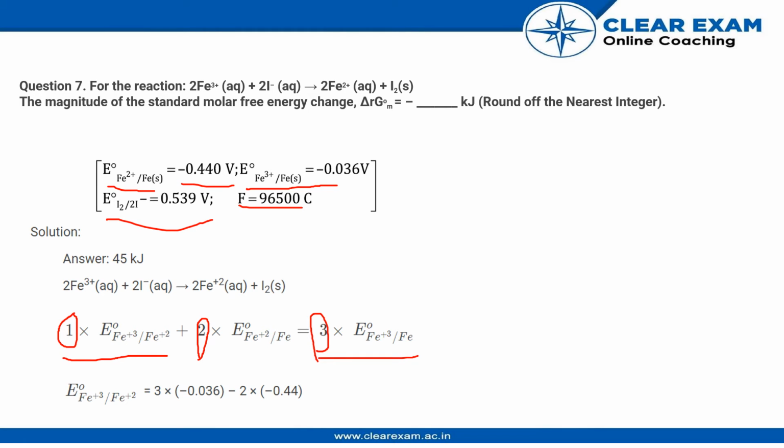And if you see, one electron, that is Fe3+ to Fe2+, and Fe2+ to Fe, if we add these two equations, Fe2+ will get cancelled from the reactant and the product side, and we will have overall Fe3+ to Fe directly. So if we take this to the left hand side and move this to the right hand side, we can get the value of Fe3+ to Fe2+, which becomes